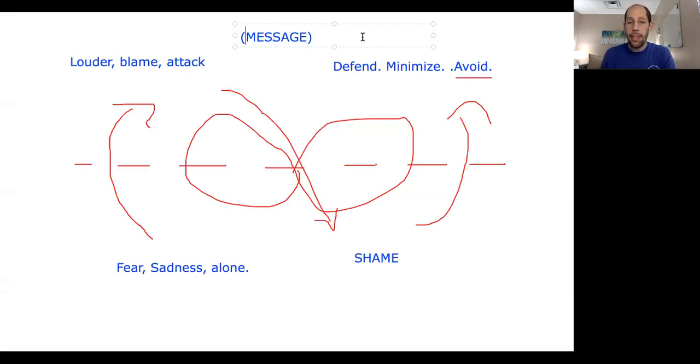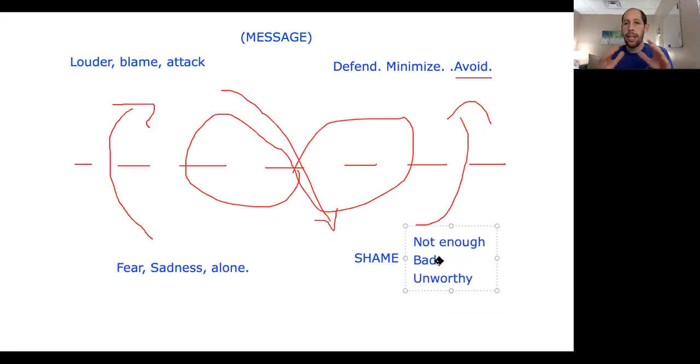The perception, the message he gets in these moments is, I'm going to lose my spouse. I'm a failure. I'm a bad person, which is shame. We go a little further into that, right? There's shame, which is not enough. Bad person, unworthy. Something that I learned, and I really liked how the trainer framed it, is that shame is an emotion that blankets. It acts like a blanket over the emotions that are really underneath, the core emotions: sad and fear.